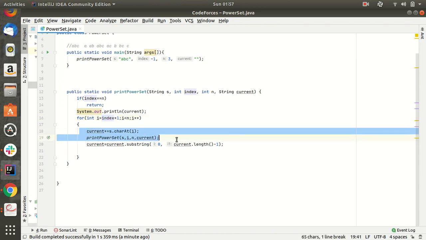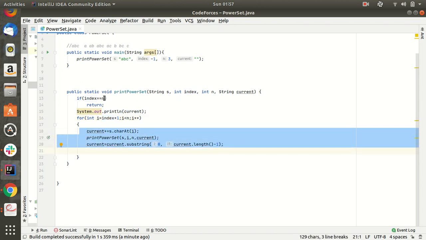Again this happens recursively, and AB will be printed. Similarly ABC will be printed, and recursively it will print all the power sets.